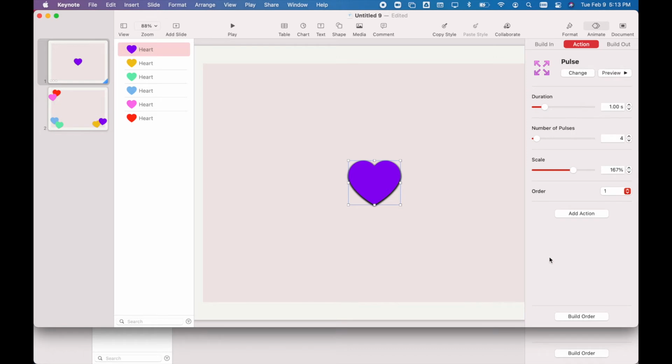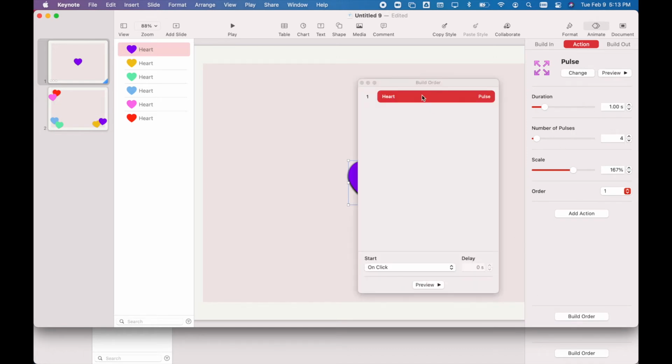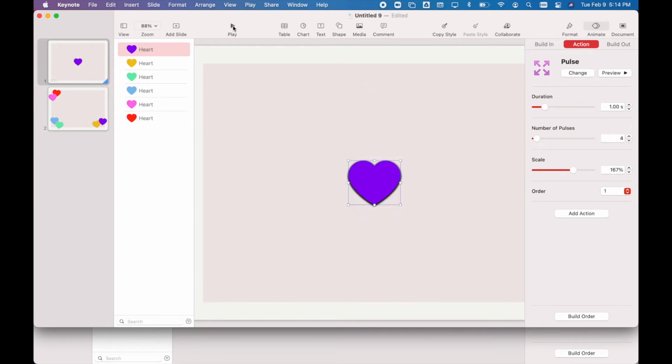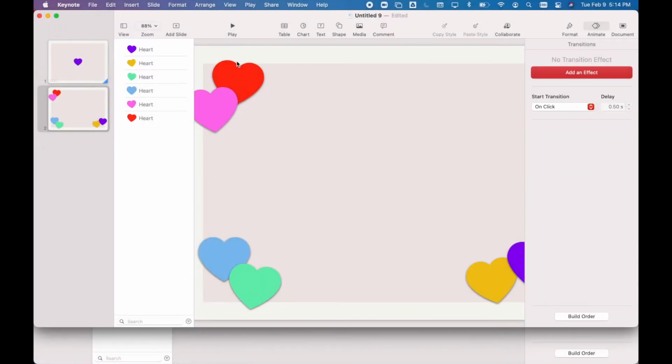Okay, and then I'm going to click my build order, and I'm going to make sure that that pulse happens immediately after the transition. So now if I hit play, take a look at what this looks like. There we go. So now those hearts are going to move out. And then what I'm going to do is add a text box, and I'm just going to type whatever I